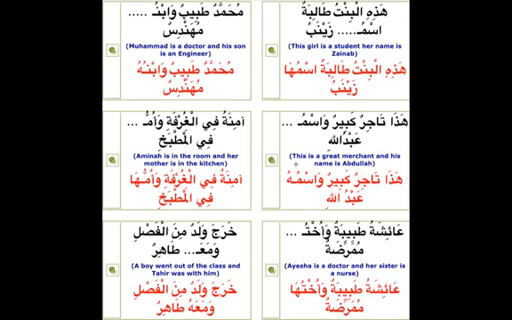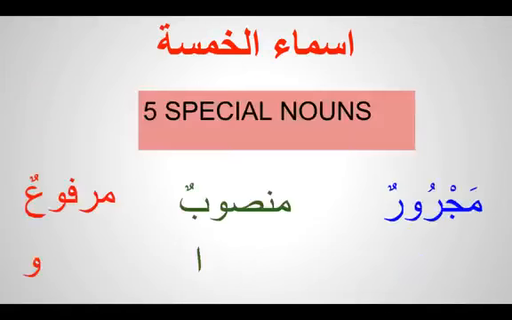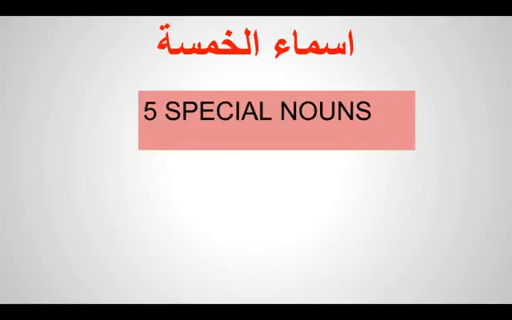So let's move forward. Now we are going to a section for Asma'ul Khamsa. So what is this Asma'ul Khamsa? These are 5 nouns. Khamsa means 5. Asma means nouns. 5 nouns. Let me go to the back screen. Sorry. Yeah. Asma'ul Khamsa. Why are these called 5 special nouns? Why they are called 5 special nouns is,